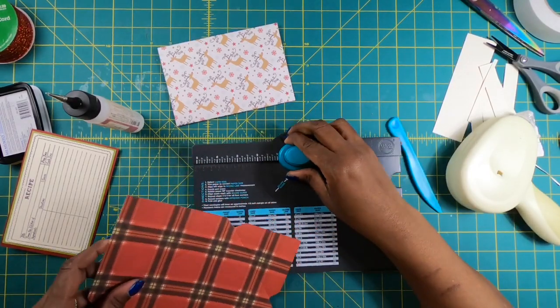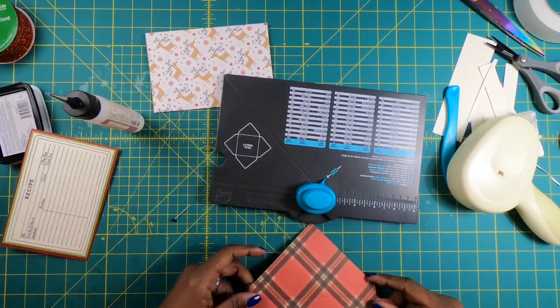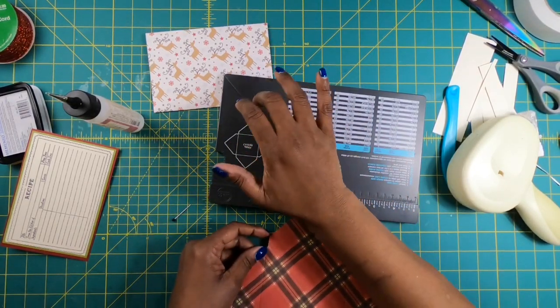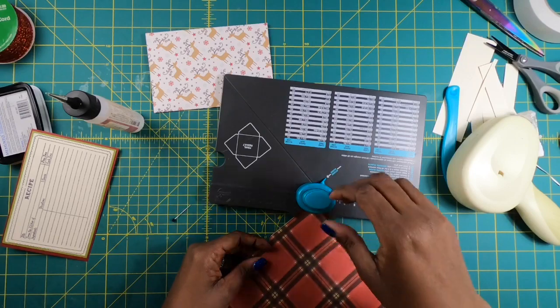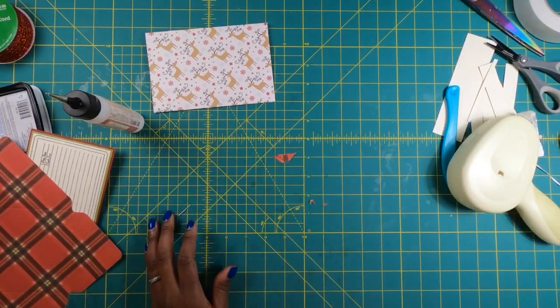This also has a corner rounder here in the back. Sometimes I'll use it, sometimes I won't. I'm doing it right now just to show you guys. But it gives you a nice rounded edge to your envelope. So we are done with